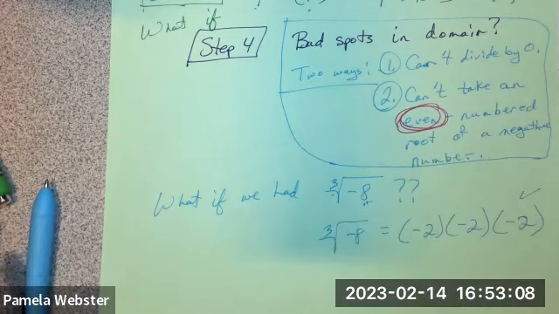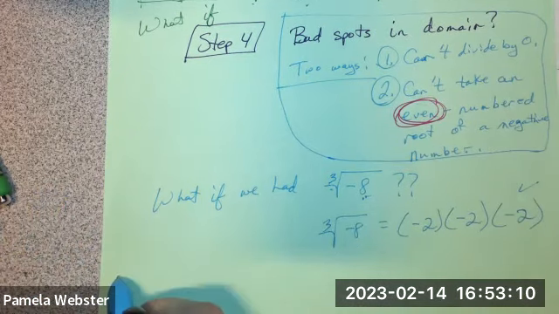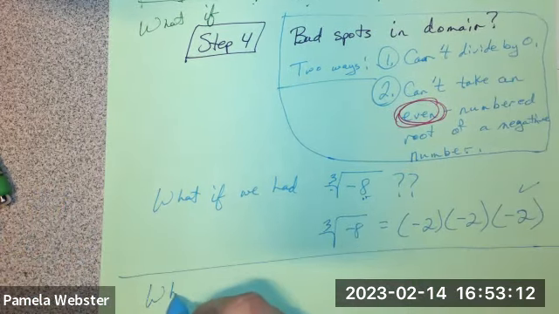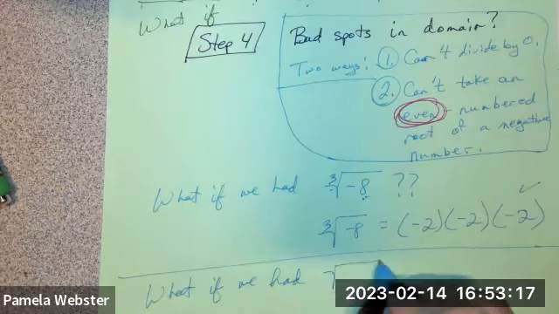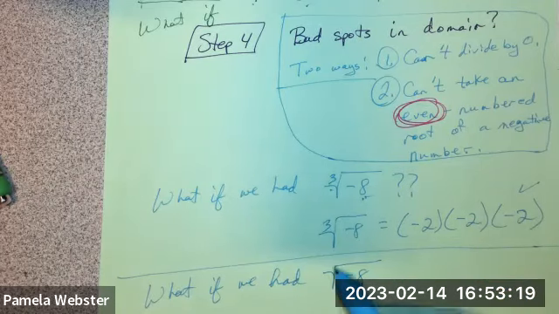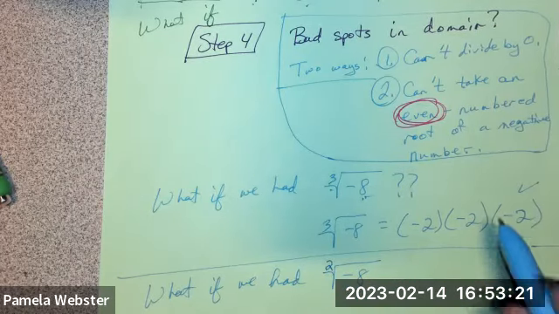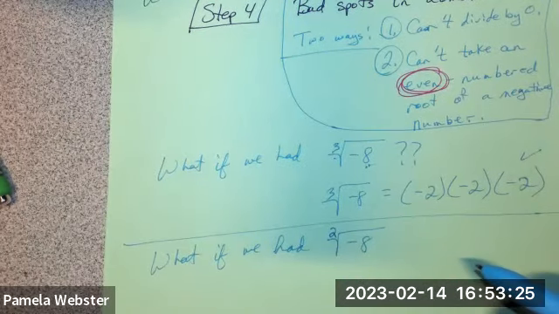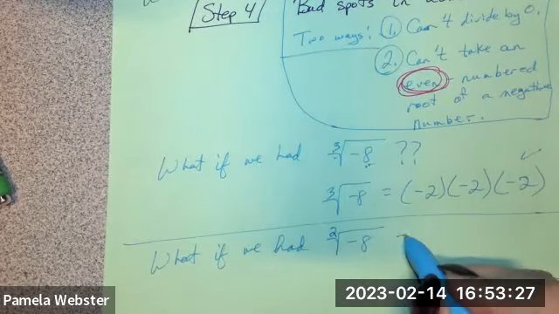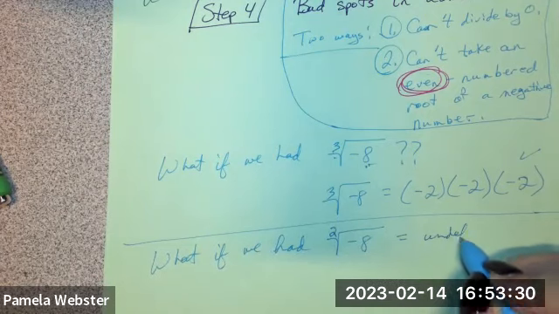even numbered roots. Okay, so let's do the same thing, but let's say, what if we had the square root of -8? I normally don't write it, but just for emphasis, I'll write a 2 there. With a square root, we don't normally write it. We assume that we're talking about something that is that way. Well, this becomes undefined